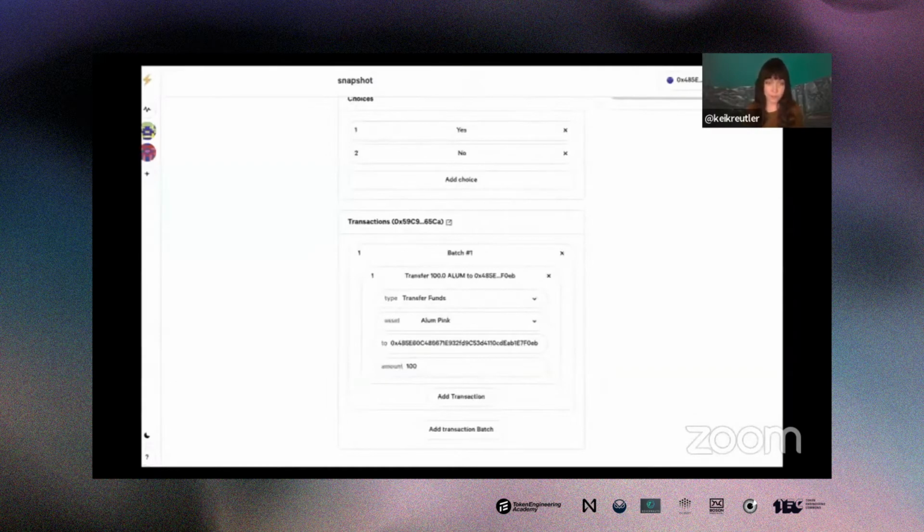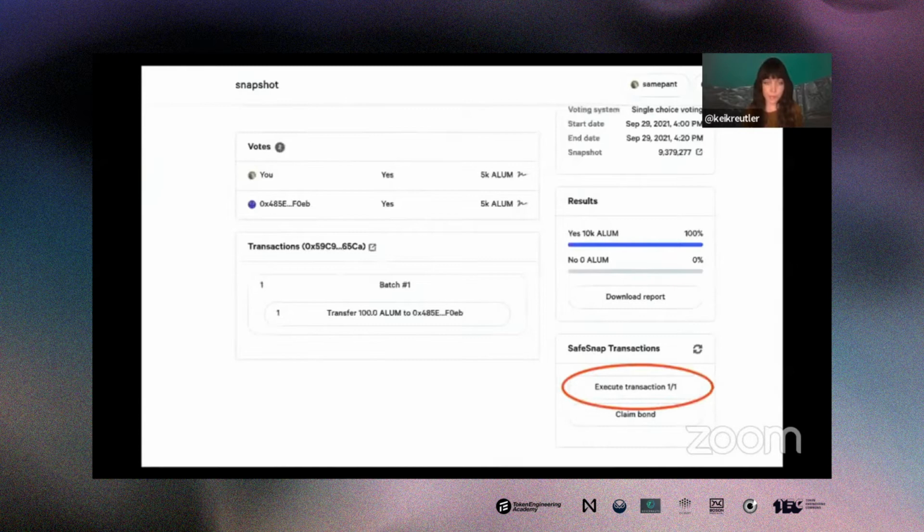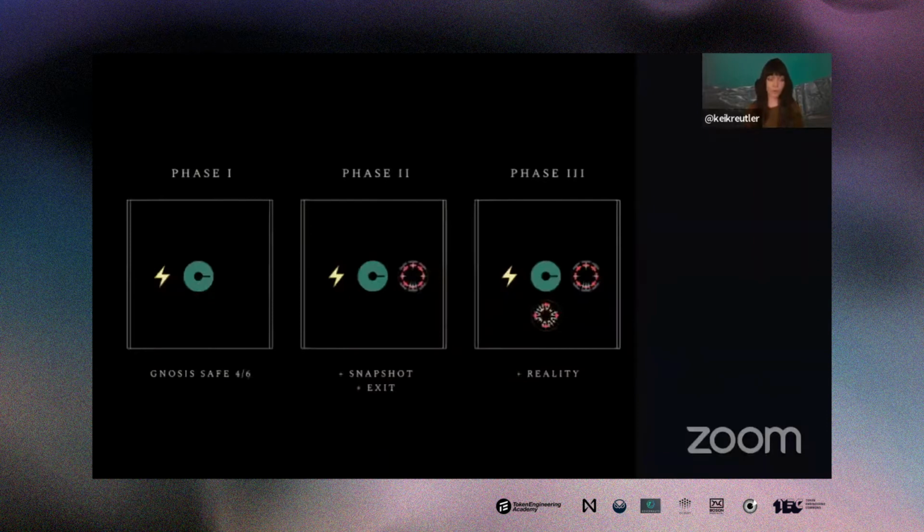Once configured, you can now add Gnosis Safe transactions to a Snapshot proposal as you're creating it, such as transferring funds, or even more complex contract interactions, which then can be executed by anyone after the proposal has been verified on-chain as successful. So if it goes through, it allows the community to execute the proposal. And now, having equipped the Reality mod, this DAO has taken a massive leap towards decentralization, like really massive. However, its Gnosis Safe signers still have veto power over transactions.